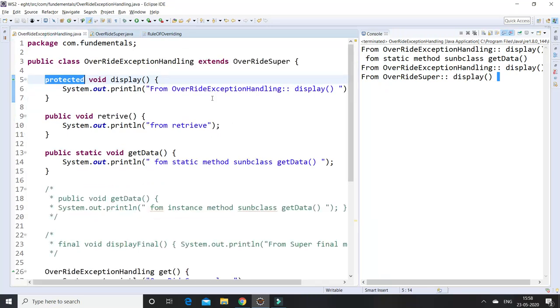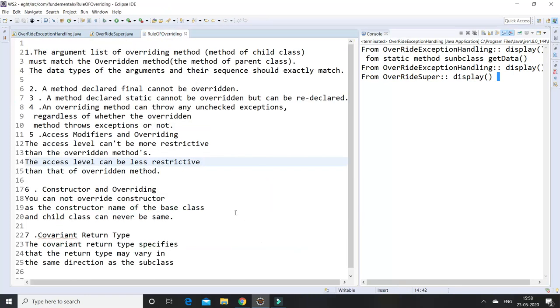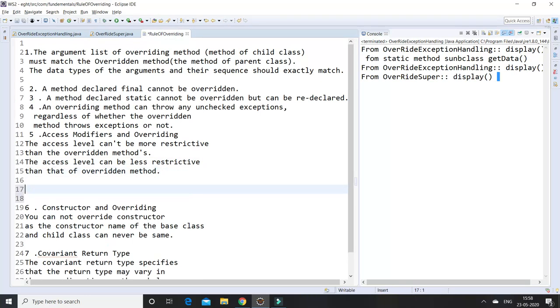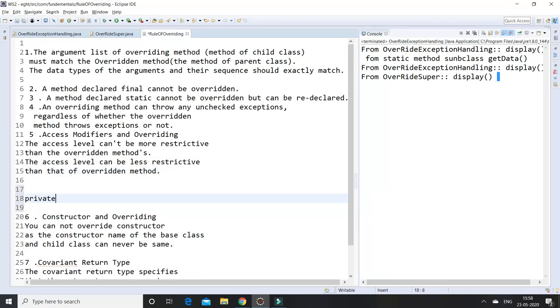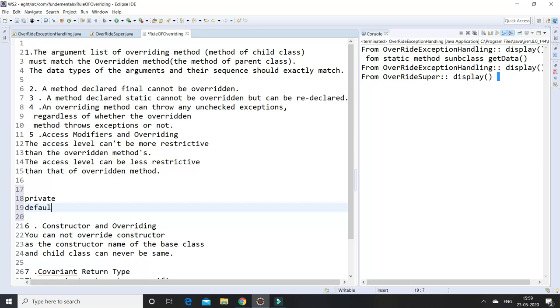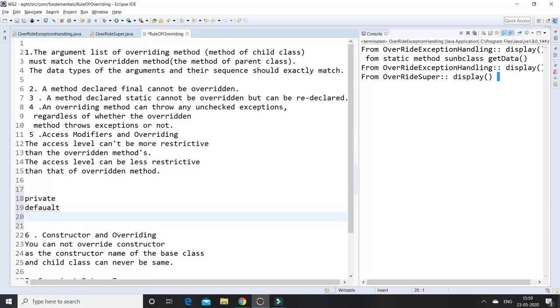So the rule of access specifiers in method overriding is that we have to follow these restrictions. First it is private and default, and next it is protected and public.